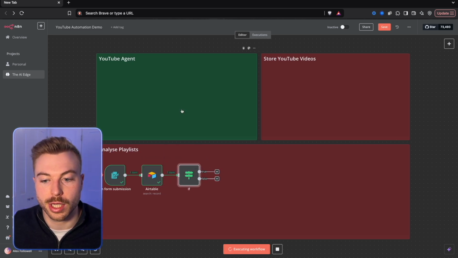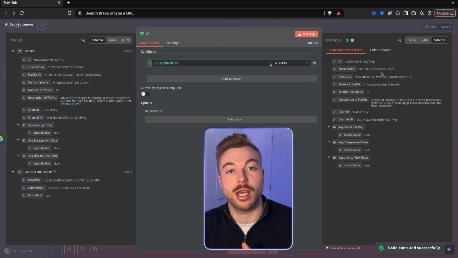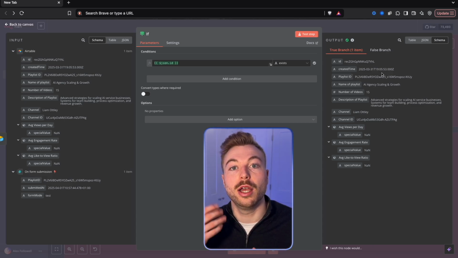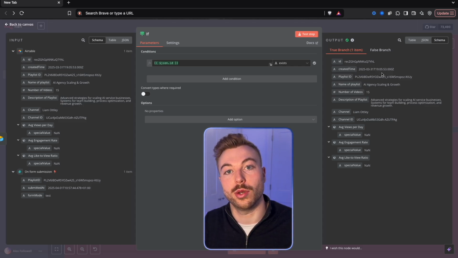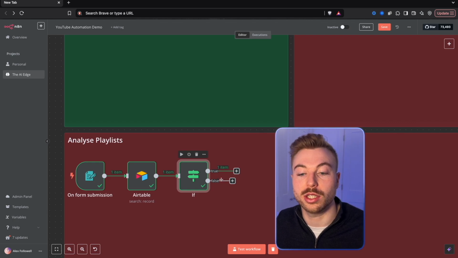So for example, if we tested this, we would see that it comes out as true because something does exist there. So maybe you could have a Telegram message, a Slack message, anything like that notifies you that this data has already been captured. So we don't need to do it in this instance. Today, we're going to be running through what if it doesn't exist, we need to go through and add it